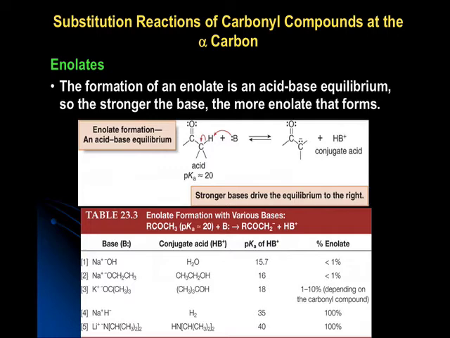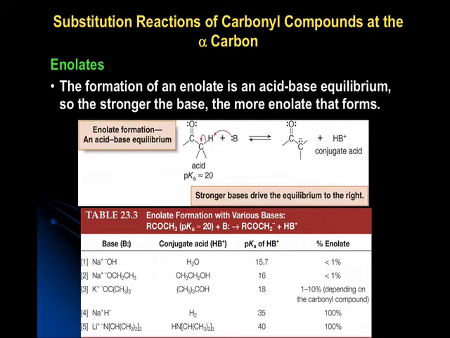Potassium tert-butoxide, as Jack said, actually has a much higher, not much higher, but a significantly higher pKa than hydroxide. It's around 18. Okay? And so we're going to start getting anywhere between 1 and 10% of the enolate formed under those conditions with that particular carbonyl compound. But that's not anything to really write home about. However,